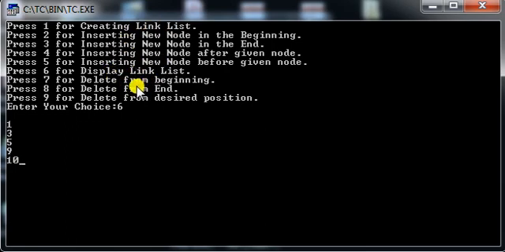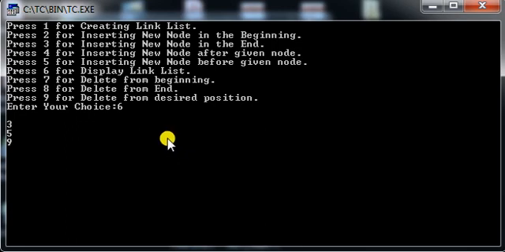Now we will focus on menu number 7, 8 and 9. We would like to delete an element from the beginning. In the beginning I am having 1, so 1 should be removed when I select menu number 7. As you can see, 1 has been removed from the linked list. Now let me check whether it can remove the element from the last or not. For that I am having choice number 8 and it will remove element 10. You can see element number 10 has been removed.